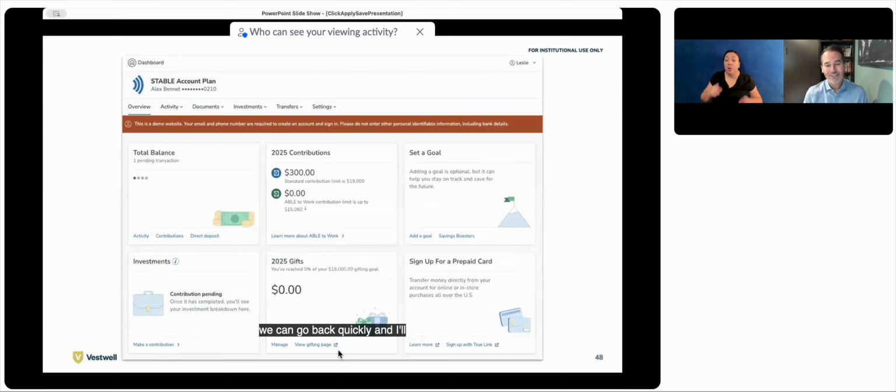You can set a savings goal. You can order a prepaid card. Lauri was mentioning the great debit card that Ascensus uses. We use a TrueLink prepaid card that allows you to spend money anywhere. You're loading money onto it, and you have availability of that money anywhere that is accepted by the credit cards. You can have gift contributions or set up your gifting page, create your own gifting page that's all specialized just for you, and much, much more. This is the place also where you will take money out of your account, put more money into your account, all of that. See your documents that you need, statements. We can go to the next slide.